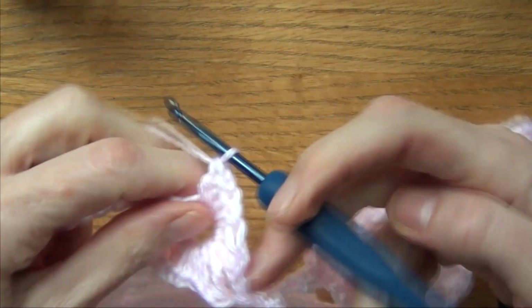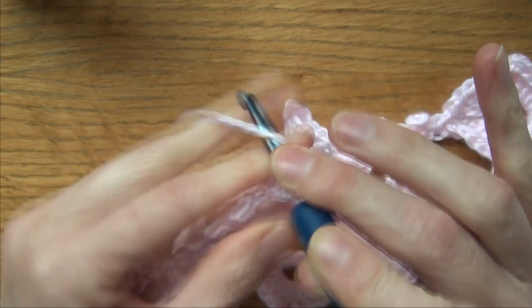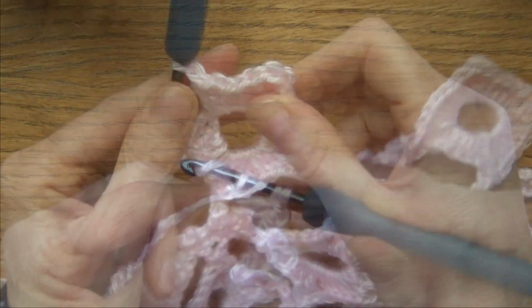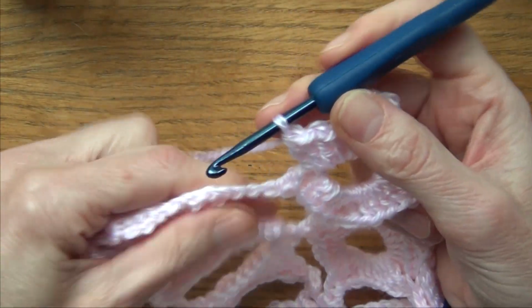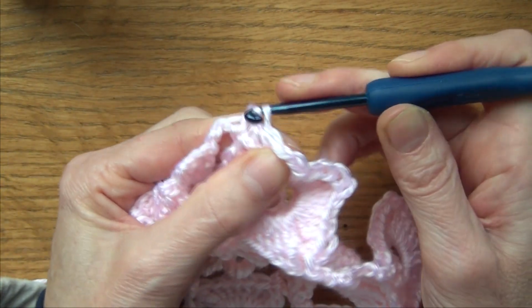So I can see here I need to do 1 more, so 2 wraps, 3 wraps, and then 2 wraps, and 4 doubles, 1, 4, and 2 wraps. And you can just see when it looks like you've got too many when you're working on it, but you don't. Okay, and then in here, I'm just going to go through to the top of this, slip stitch through there,